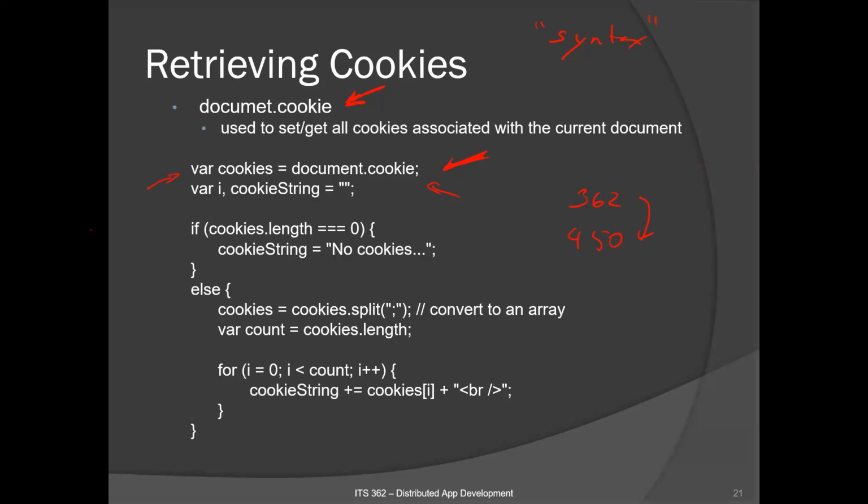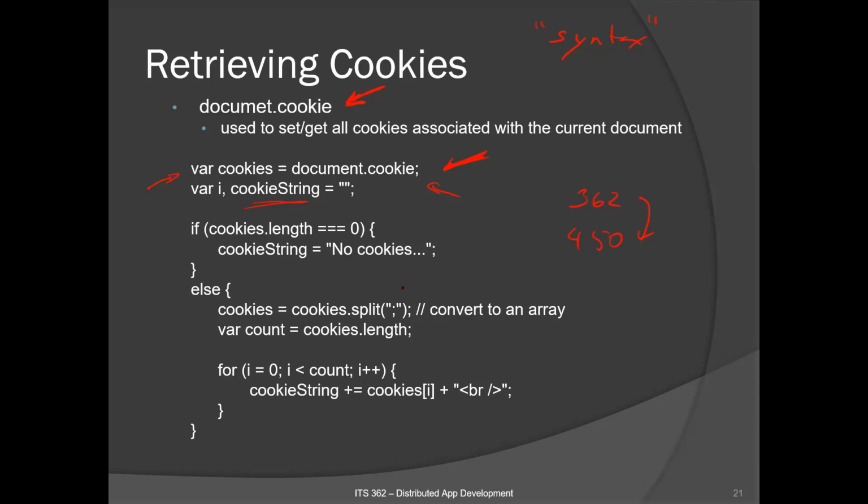We have our cookies, then we grab document.cookie. Then, as you might imagine, we want to keep some kind of cookie string just to store the data. All right, so if cookies length equals 0, notice there's a parameter, we assert that it's a 0 there, then there's nothing in the cookies, right? Else, however,